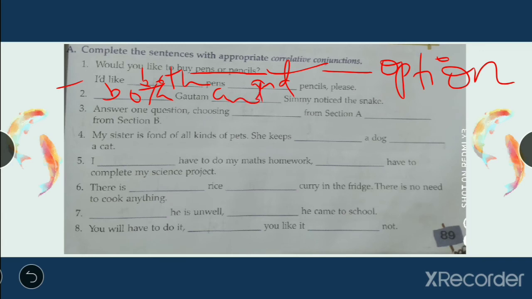Next, answer one question. Now you are given an option. What you have to do? You have to give one answer. Now from where? Choosing dash from section A, dash from section B. There are two sections, section A and section B. Now you have to choose one, and when we know that when we are choosing one, we use either or. So answer one question choosing either